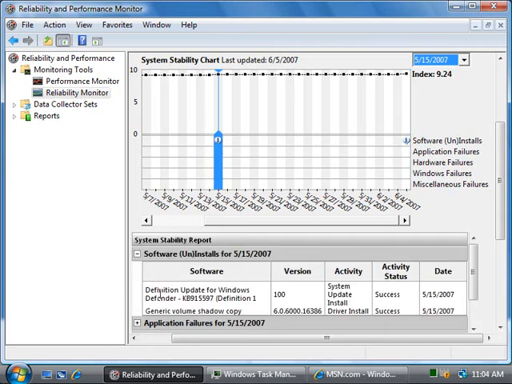down the bottom here, we can see that the cause of this was a definition update for Windows Defender. We can see the version, what happened, the activity status, so we can see that our installation was successful, and we can see when it occurred. So by looking at this date here, I can tell that roughly about 3 weeks ago, I installed this definition update. And over time, you'll expect to see this graph going up and down, and you'll see errors and informational events all being logged in here,